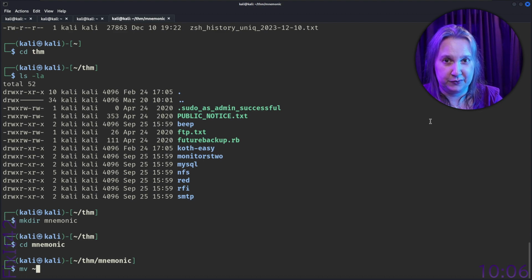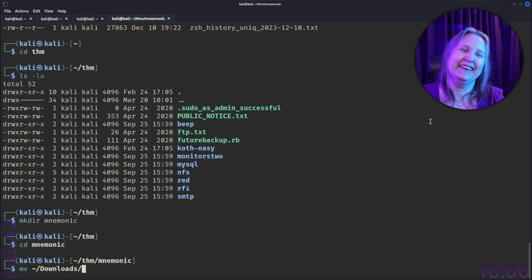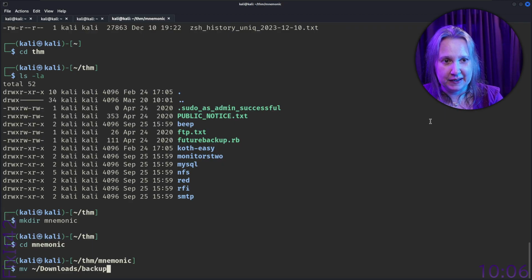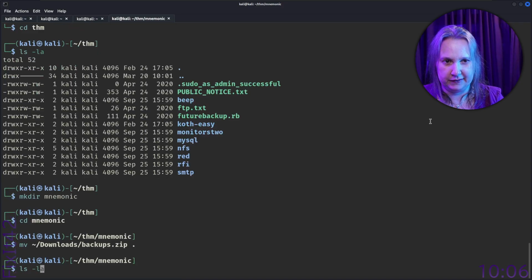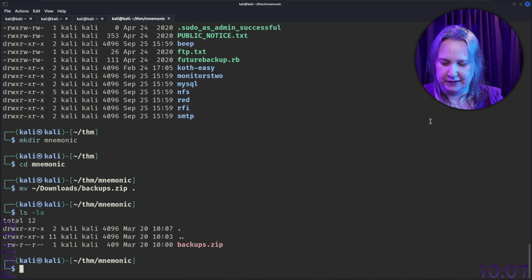Swedish keyboard, it's not obvious. And then we do downloads. I think I'm worse at typing when I stream. Is that possible? So backups.zip and we want it here, and let's see if we got it.